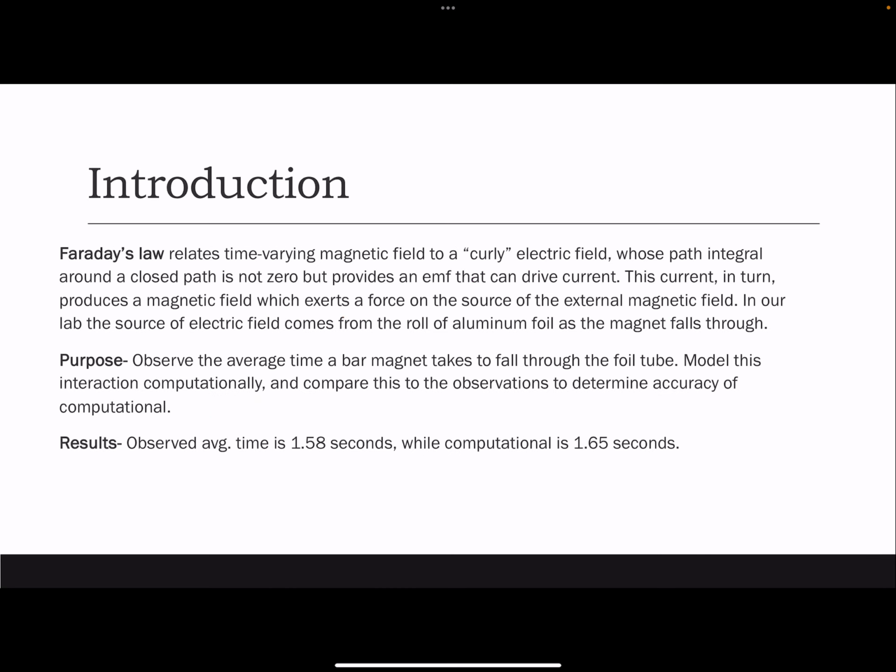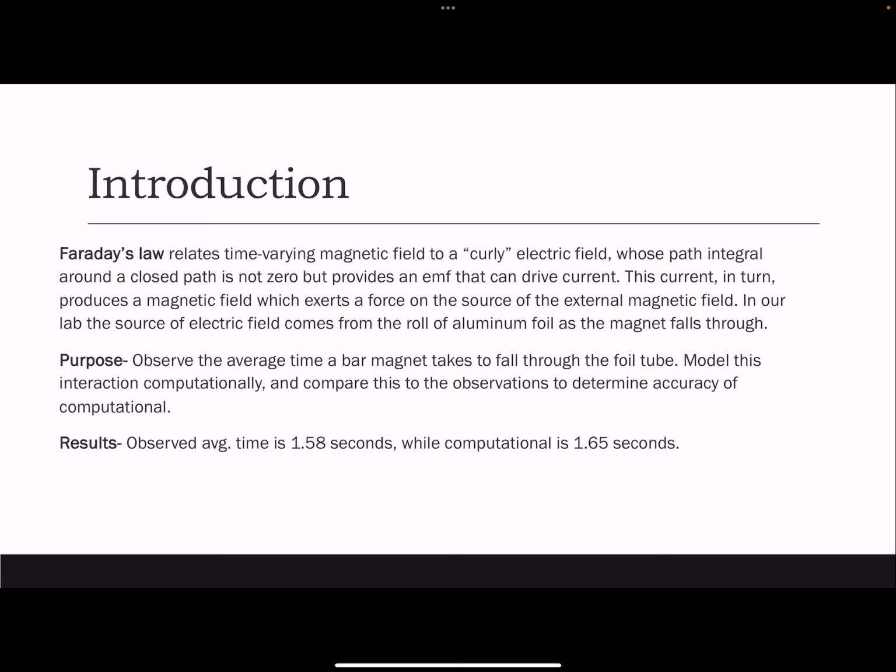So to introduce the lab, Faraday's law relates the time-varying magnetic field to an electric field. And the path is a closed path, and it's not zero, but it produces an EMF that creates a current. This current then can produce a magnetic field, which then produces a magnetic force on a system. And in our lab, the source of the electric field comes from the roll of aluminum foil, and the system